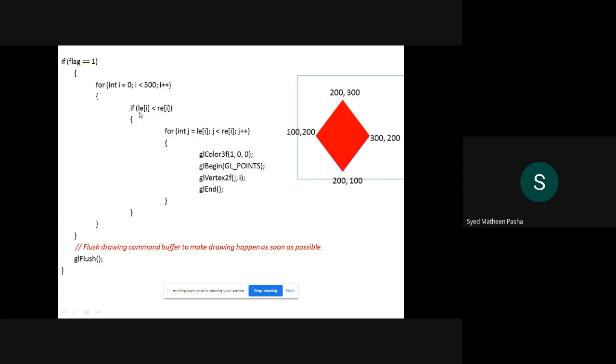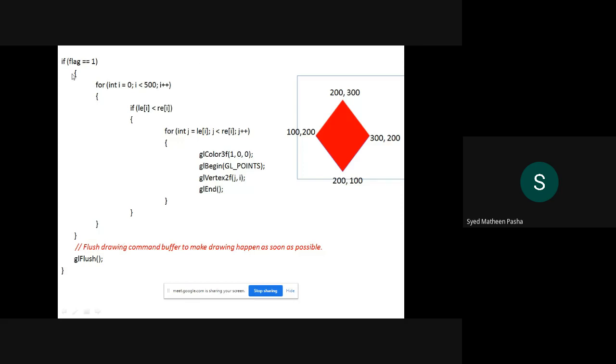I am just comparing whether the left edge is lesser than the right edge. If that is the case, I will define another variable called j. I will equate that particular left edge to that variable, and I will check if j is lesser than the right edge, and then I will start coloring that particular polygon. So this is the format of your output, where the polygon is being filled with some color.